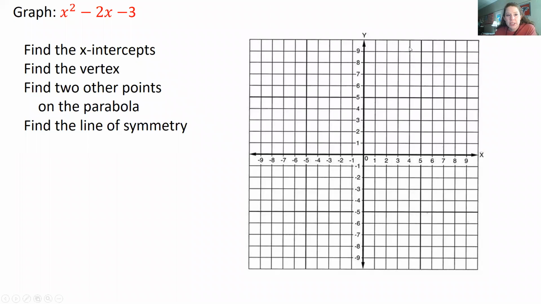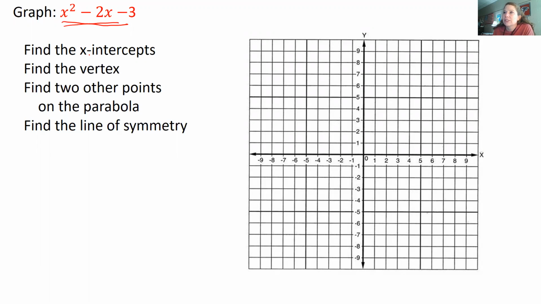All right, so we're going to continue on with graphing quadratics or parabolas. So I hope you guys are doing all of these with me. It's going to be hard for you guys to do them on your own if you don't practice with me. All right. So the first thing we're going to do for this quadratic, which means the exponent is 2, is